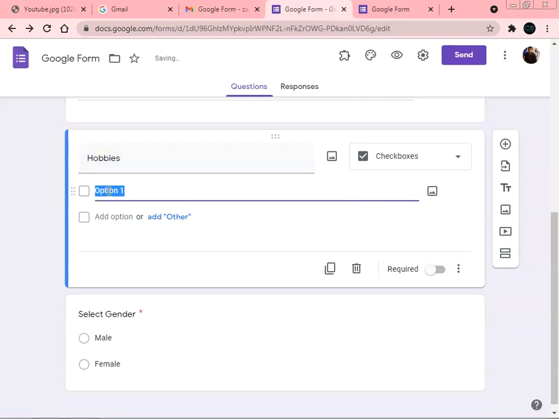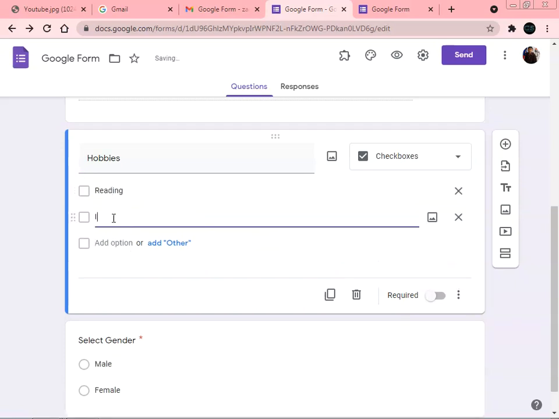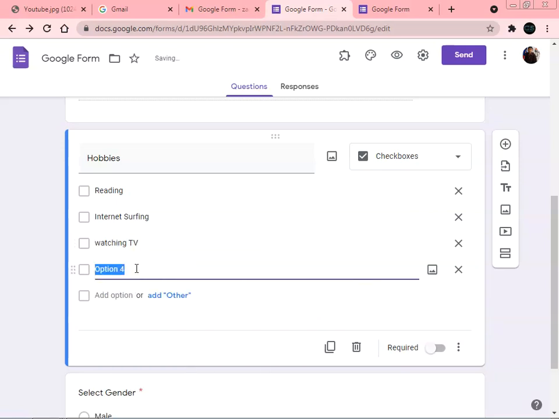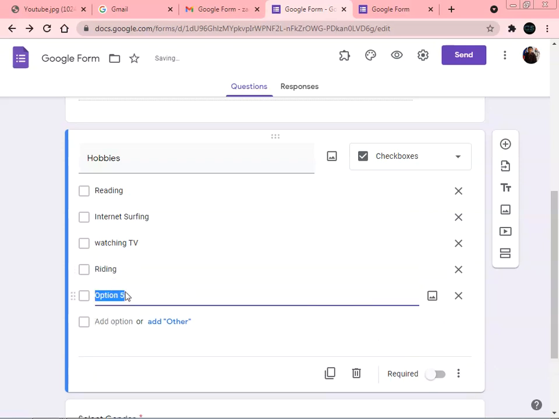So hobbies can be multiple, just like we are giving reading, internet surfing, next one watching television, next one more we can write riding, one more we can give as book, playing game.